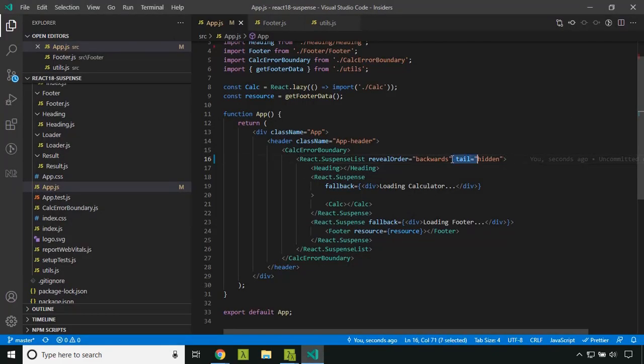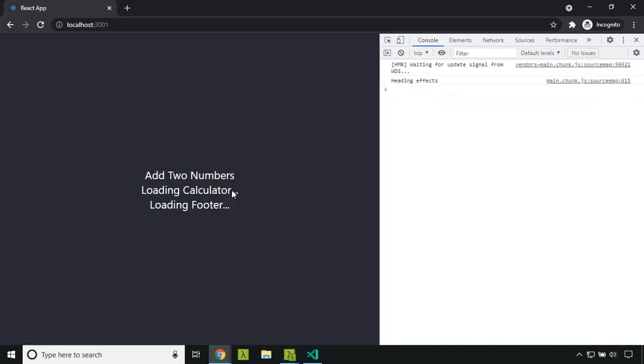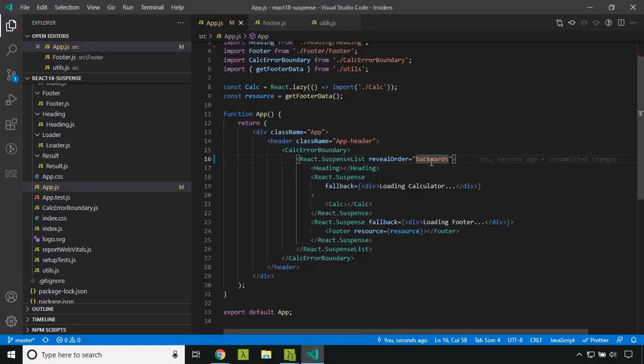In case we don't provide a tail option, it will display all the fallbacks. You can see that both of them are displayed on the screen, and similarly forwards also will have the same effect.